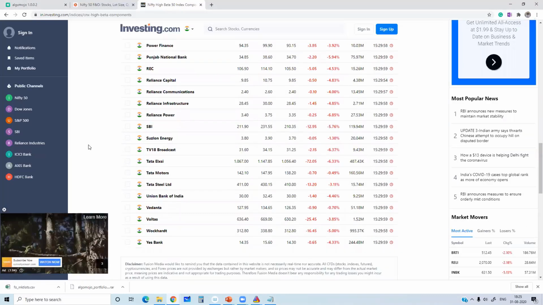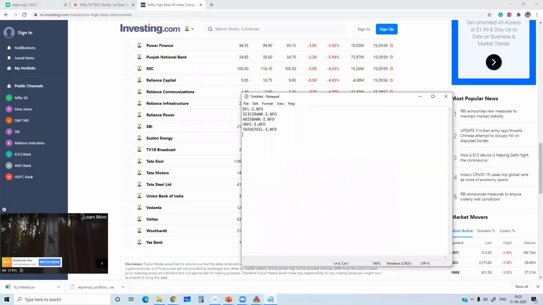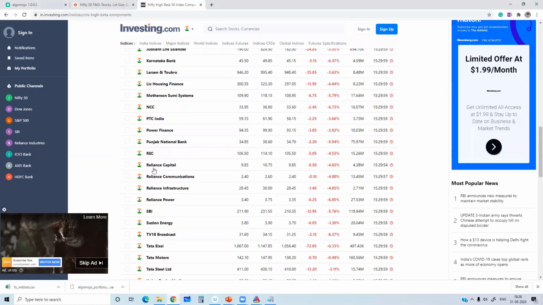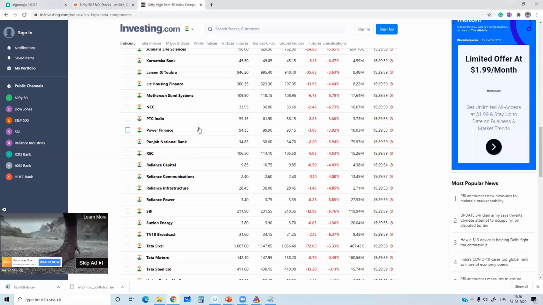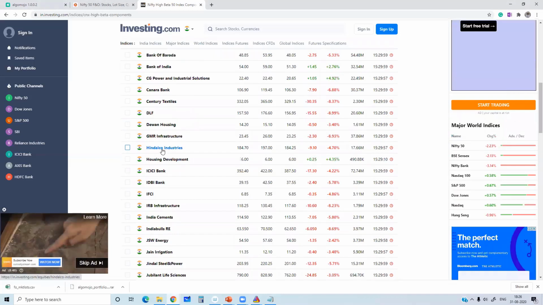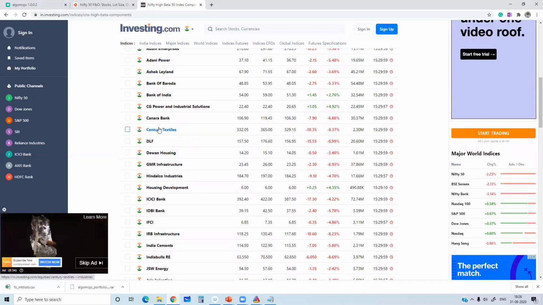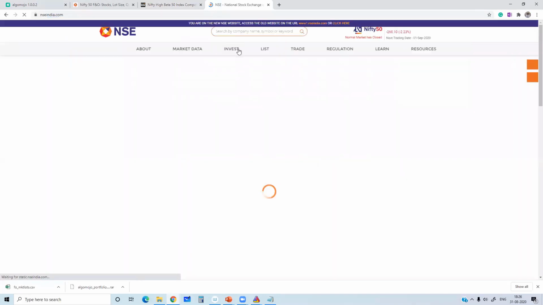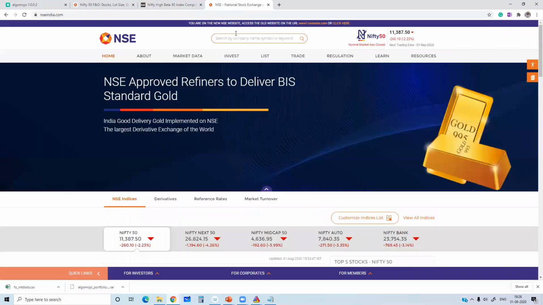And maybe Voltas-i.nfo. Mostly only banks are here in this list. So JSW Energy is there. Hindalco, right? So Hindalco, maybe let's try to add Century Textiles. What's the symbol for Century Textiles? Century.